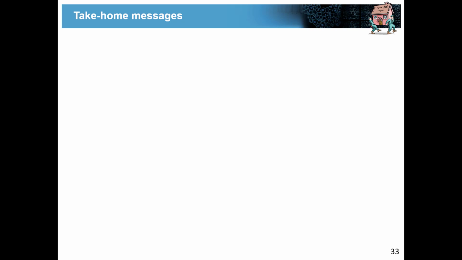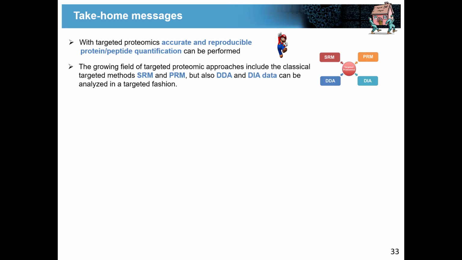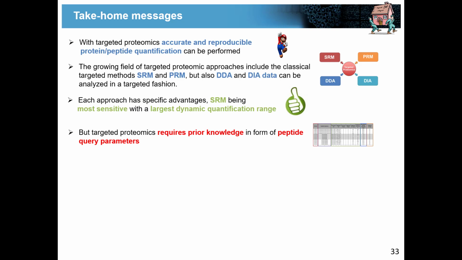Okay, so then I have just a few take-home messages. What I would like you to remember from this presentation is that targeted proteomics is the method for generating accurate and reproducible quantitative data. There is not just one data acquisition type in targeted proteomics. It's not just SRM or MRM, but also PRM, DDA, and DIA can be performed in a targeted way, according to Tina's definition. SRM is definitely one of the most sensitive methods and can cover the largest dynamic quantification range,